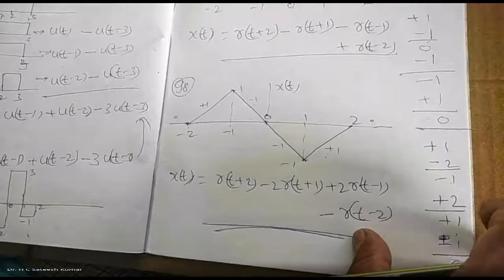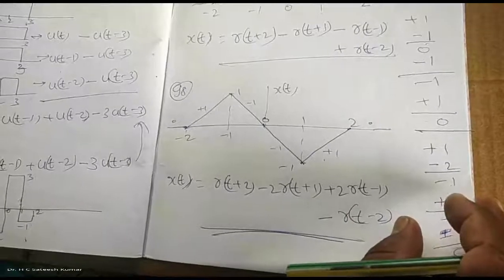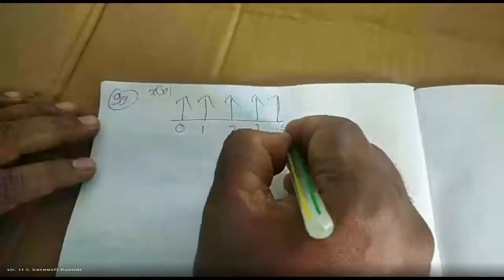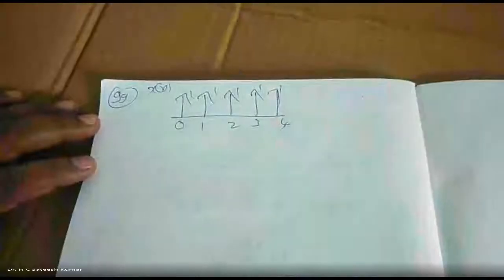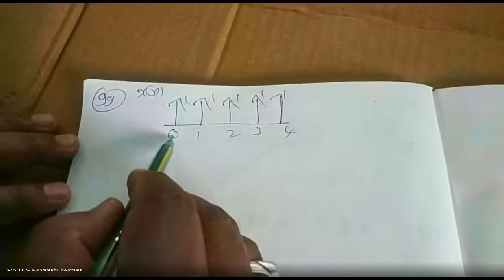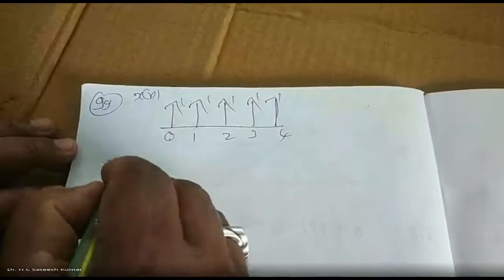So this kind of problems we have seen in some of the representations, and the other way around also. They'll give the equation and ask you to sketch the signal. Okay, right? One more problem. So now let us go for one more problem. Represent this discrete signal using elementary signals: 0, 1, 2, 3, 4, with values 1, 1, 1, 1, 1. This we can represent, starting from 0 up to 4 only. So we know the function from 0. What is that? A step.